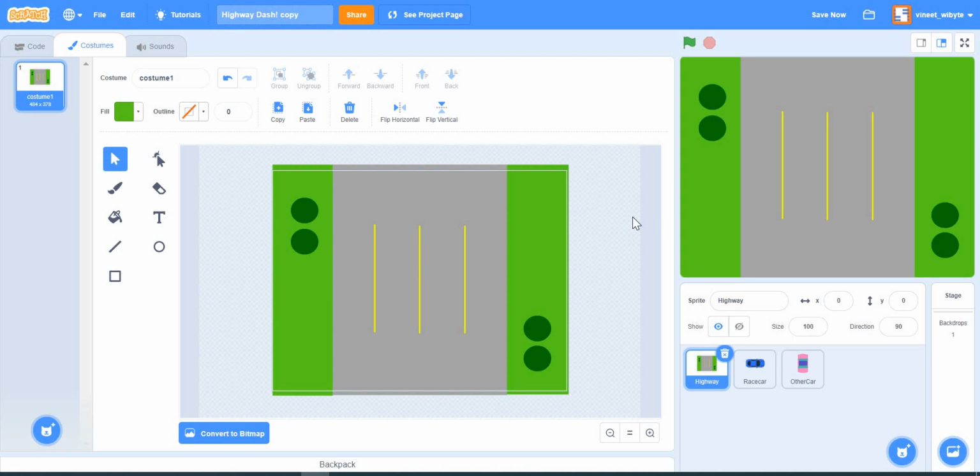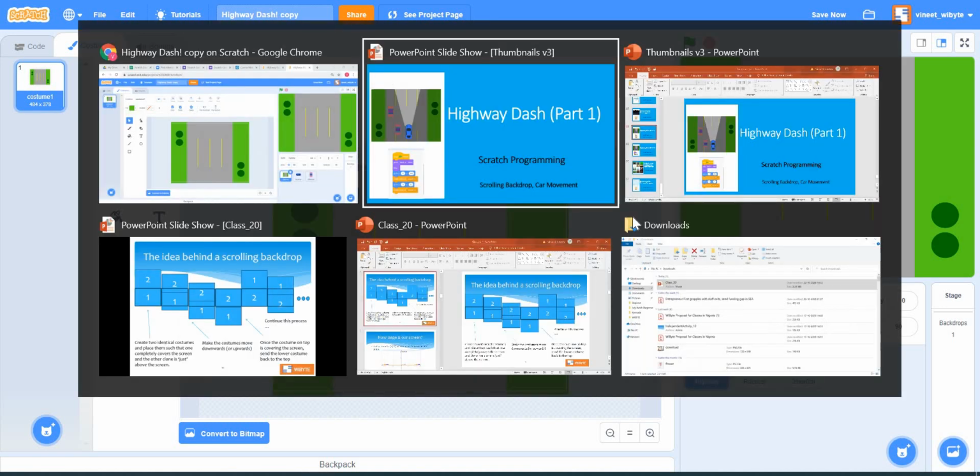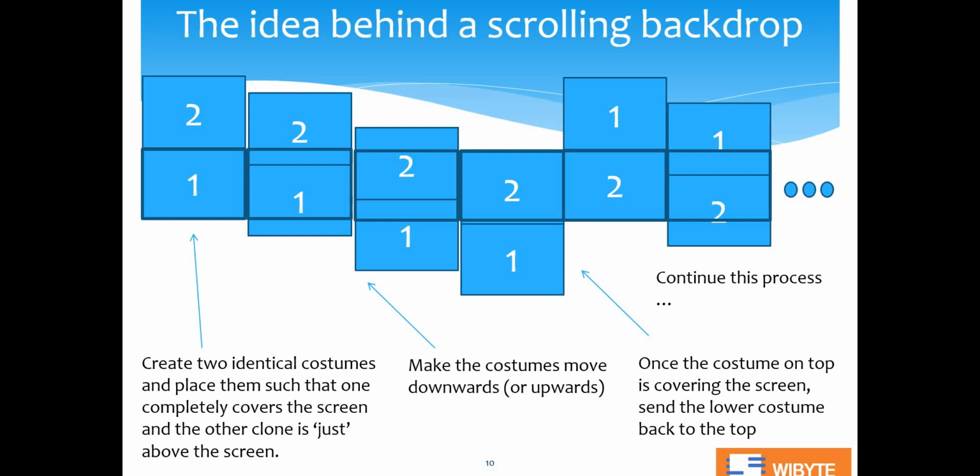So basically the idea is very, very simple. When you look at it, it's like one of those that you wonder, why didn't you think of it yourself earlier, let's say, right? So what I'll do is that I'll look at a small graphic for you to tell you the idea behind this scrolling backdrop, right? So what we are doing, really, remember, we have put a sprite which is covering the entire stage, right? So just imagine that I have got two costumes, basically, let's say two identical costumes of a sprite, right? Which are covering, let's say one of them is covering the entire stage.